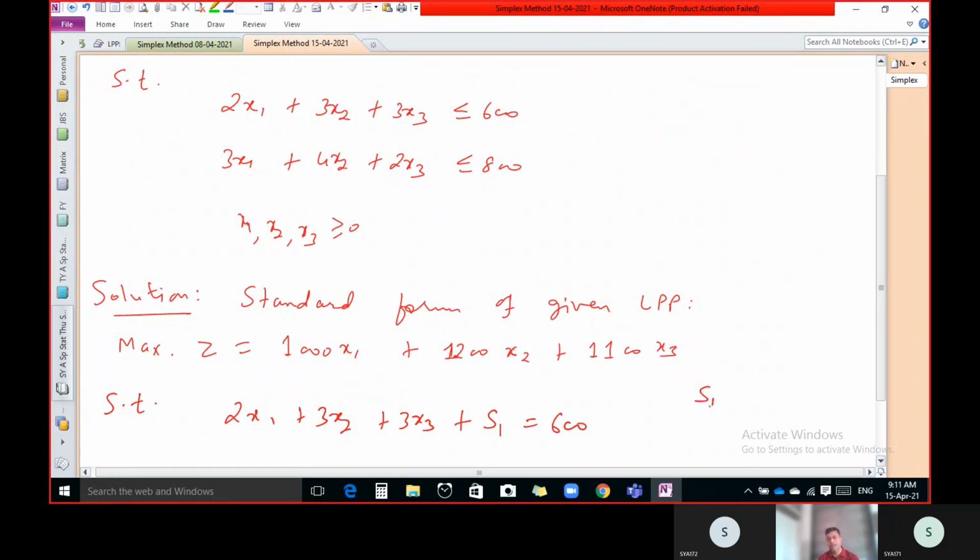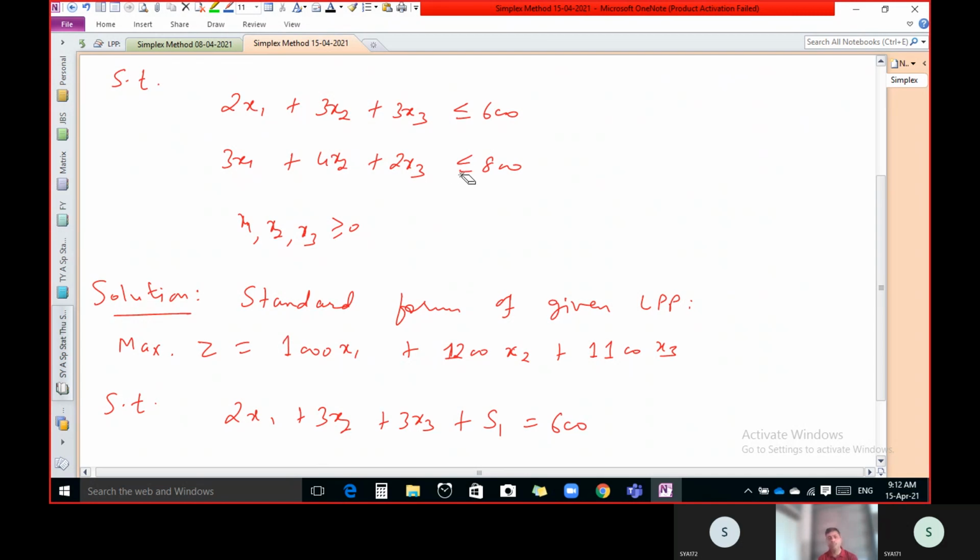Why we have to add slack variable? So we know that the total of this should be either 600 or less than 600. So if it is exactly 600, our value of slack variable is 0. And if it is less than 600, then we get some positive value. By chance the total of this is, let us say, 500. So in that case we have to add 100 to make this equal to 600. So this 100 is the slack. So the value of S1 is either 0 or more than 0, but it cannot be negative. So we have to add slack variable to convert this less than sign into equal to sign.